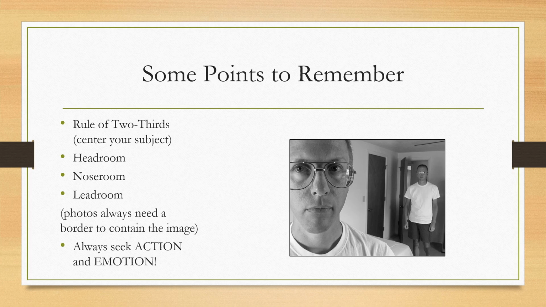And remember, just some points to remember in general, always seek out action and emotion. Those are the two most important things about our subject matter when we're shooting photography. Seek out movement or emotion, and also use some creative angles, especially if you don't have a subject that's a human moving or showing emotion in the frame, then try a neat angle or a creative view.